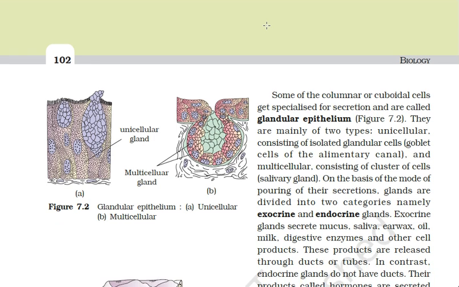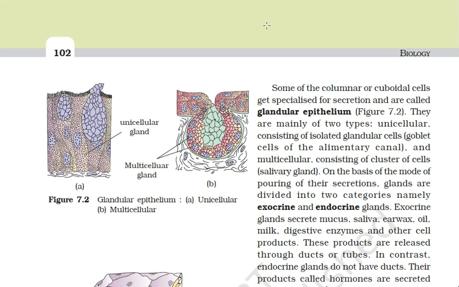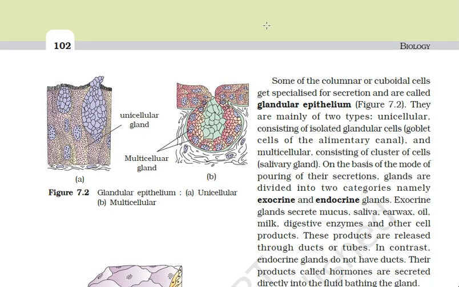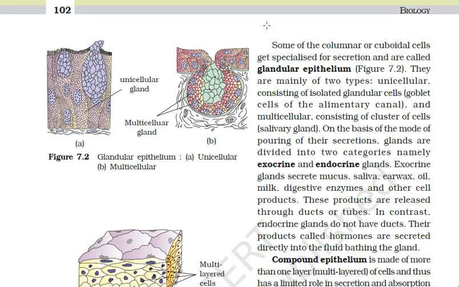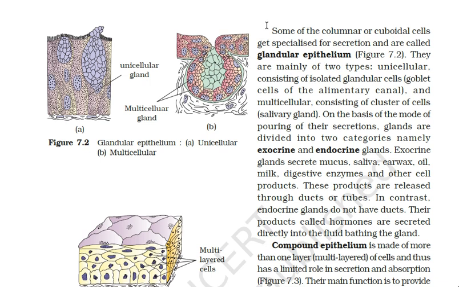Next is compound epithelium tissue. The compound epithelium tissue is made up of more than one layer. That means it is multi-layered, and it covers the dry surface of the skin and the moist surface of our buccal cavity, pharynx, inner lining of the ducts of salivary glands and pancreas. The main function of the compound epithelium is to provide protection against